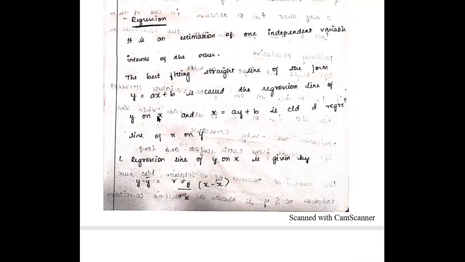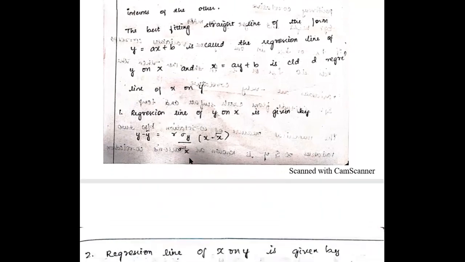Regression line of y on x will give you y relation in terms of x, and regression line of x on y will give you the line x in terms of y. So to find these two lines when given x and y values, we make use of this equation. The first one, when you want to find out y as a function of x, it's called regression line of y on x and is given by y minus y bar equals r into sigma y by sigma x into